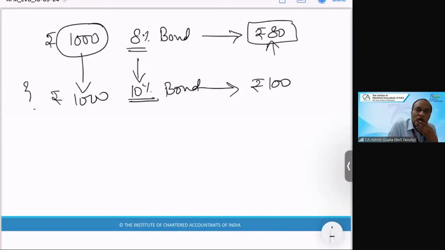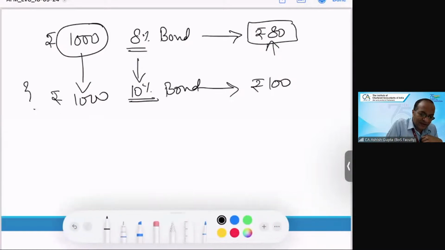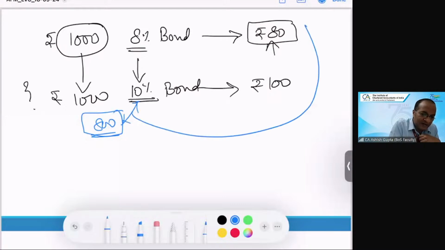Okay. So he will say, how much price will you pay to me? I will say, I will pay the price of 800 to you. Why? Because if I invest 800 at today's market rate, only then am I getting this income. Because from your bond, I am getting income of 80. At today's rate of interest of 10%, I will pay only